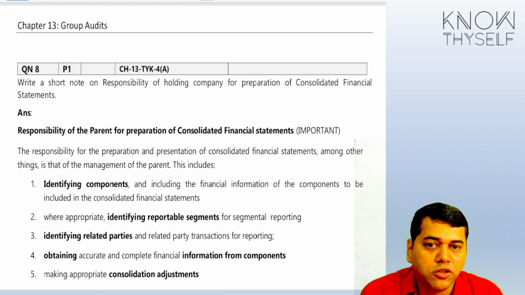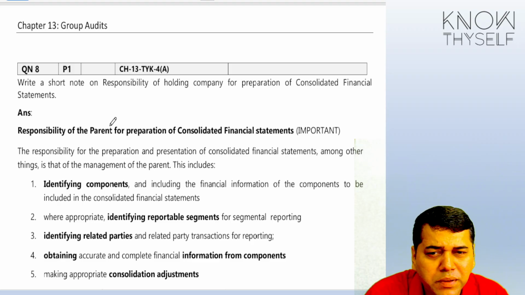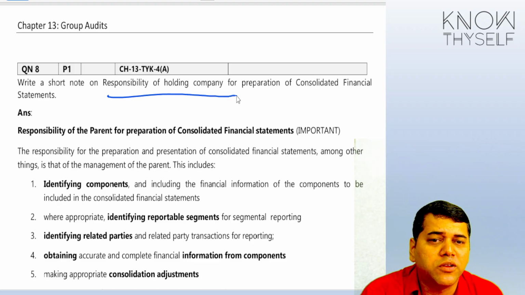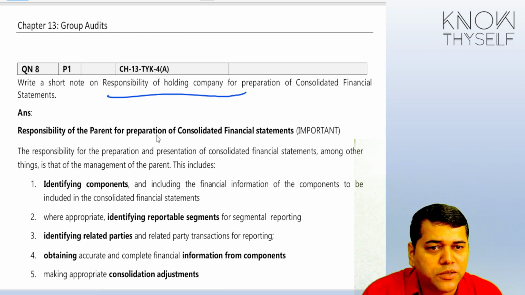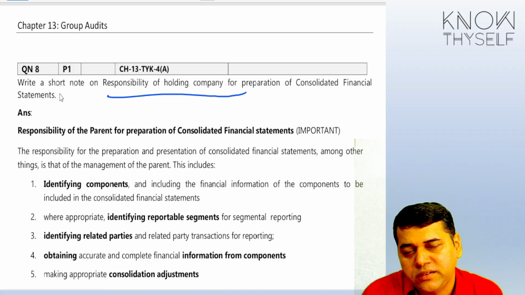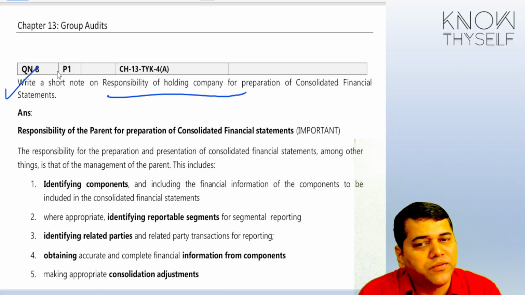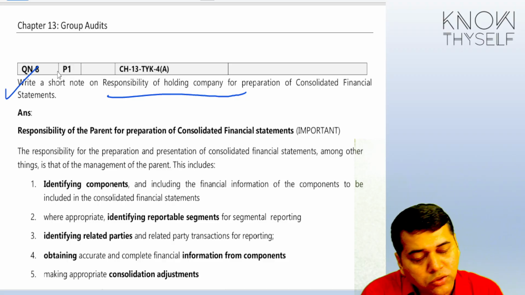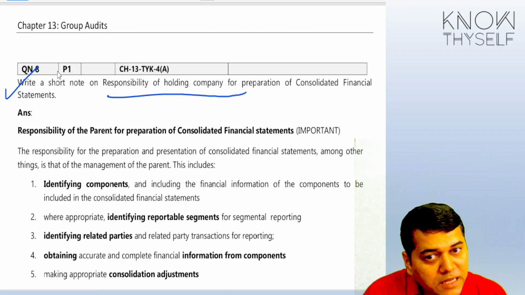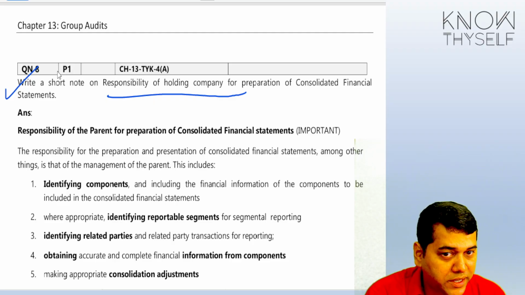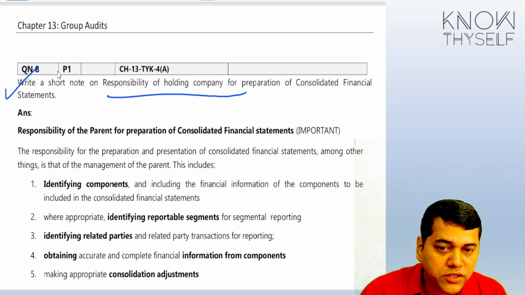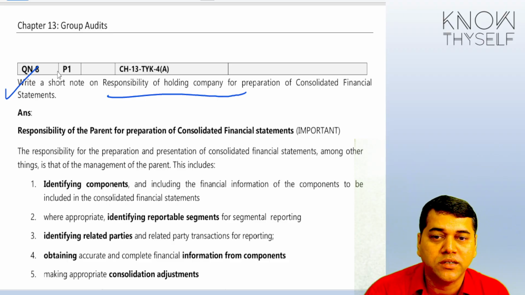Now let us see the Test Your Knowledge 4 question. Again, see, it's simple: write short notes on the responsibility of the parent. Will they ask you this type of question in the exam? No. But since they have given it to you in the form of a picture, Test Your Knowledge questions may come in the exam, but they may ask in a very tricky manner through some case. But if you figure out this question, please jump on it.